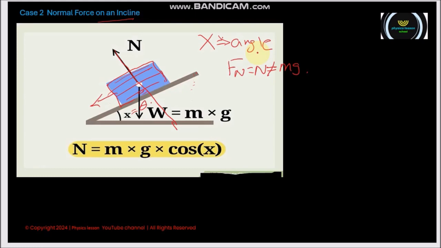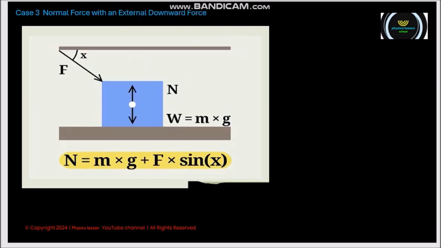So this is a perpendicular force, so we take only the normal force, which is equal to mg cos theta. The third case: the normal force with an external downward force. In this case,